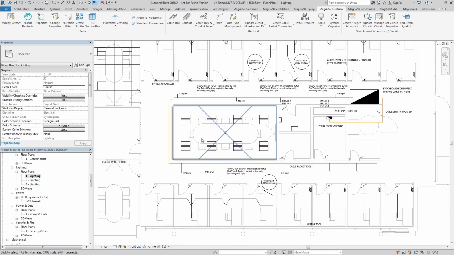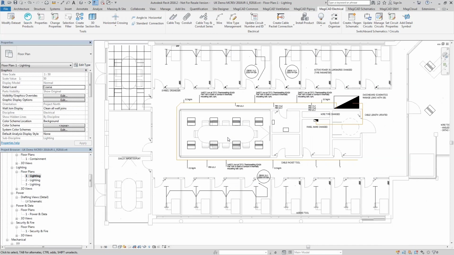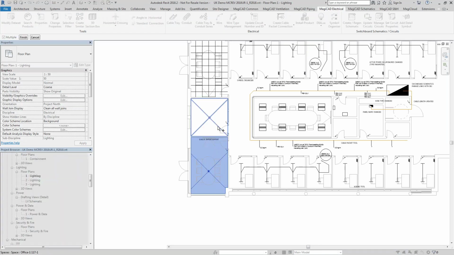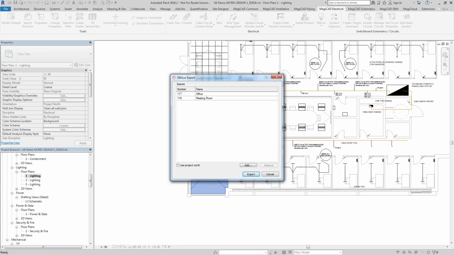So now we've inserted products into our model. I'm also going to take a look now at another way of doing that in the case of luminaires. So this is a bit more useful because it allows you to calculate as well, and we do that by exporting our spaces to Dialux. So I can use the Dialux export tool. In this case, I can select, say, these 2 spaces here. Click finish. I could select all of the spaces on an entire floor if I wanted to, and this will export to Dialux 4, so not Dialux Evo, at least not at this point, but it will export to Dialux